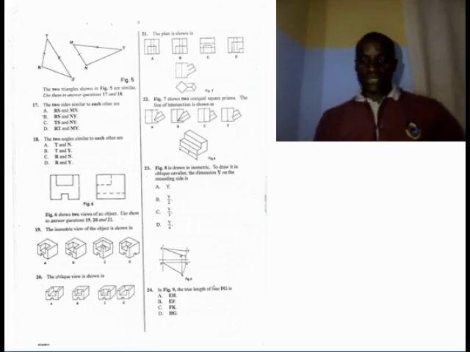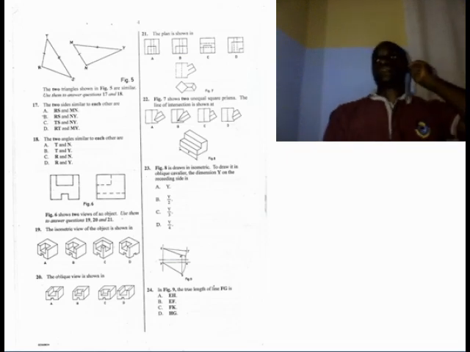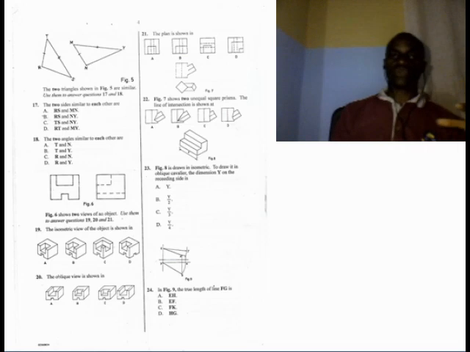Now question 23. The diagram in figure 8 is drawn in isometric. To draw it in oblique cavalier, the dimension Y on the receding side is, cavalier drawing is a type of drawing that demands that you draw the object in an oblique, but